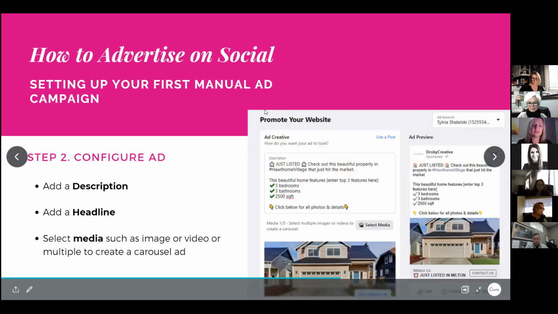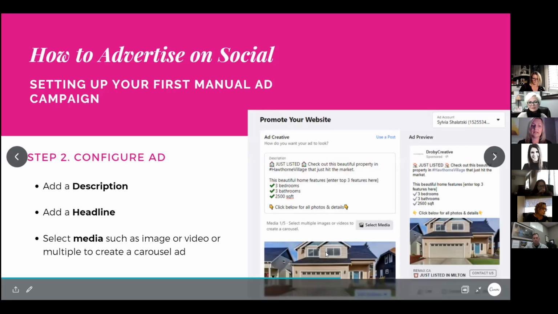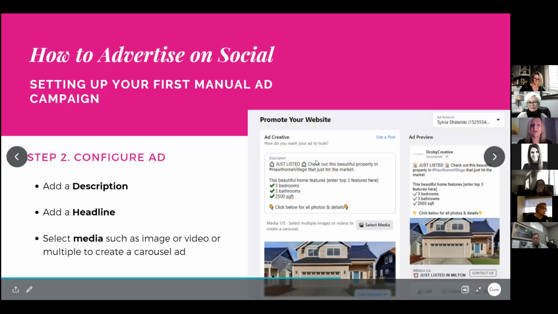And very similarly, we're going to add our description, headline, and select our media for our ad, like we did in the different versions. If it's a carousel ad, you're going to upload those multiple videos or images of the property that you're trying to list. And you're going to add the ad description. Once all of those things are defined,